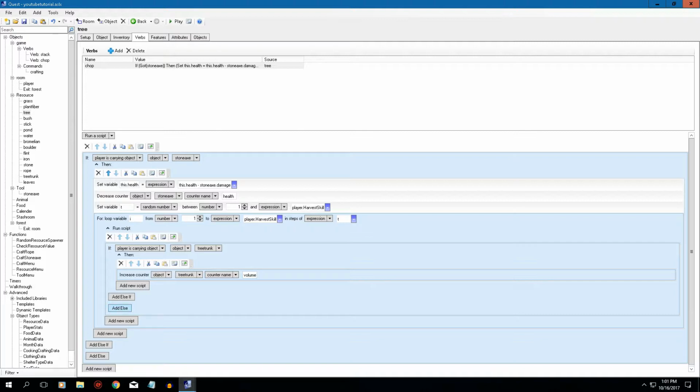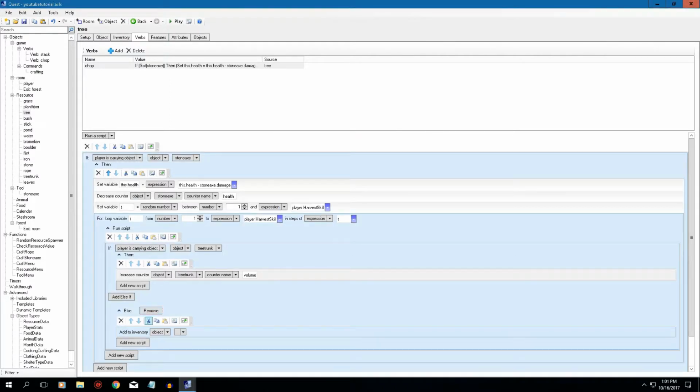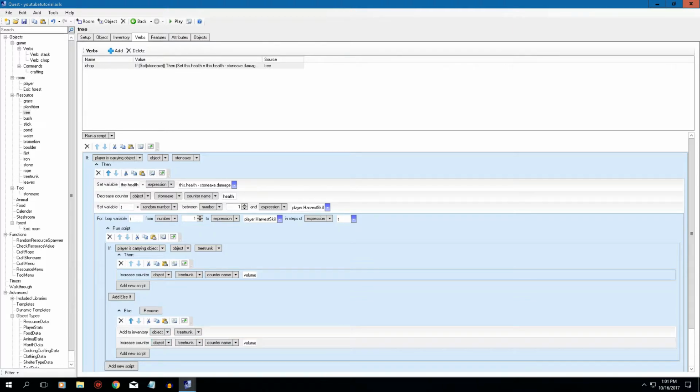Okay, and then we're going to add an else. We're going to go to inventory, add inventory, tree trunk. Where'd you go, tree trunk? There you are. And we're going to copy this increase object counter, and we're going to paste it under here. Alright, so then what we need to do